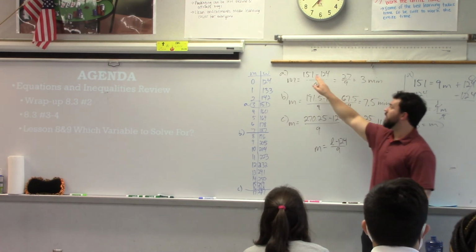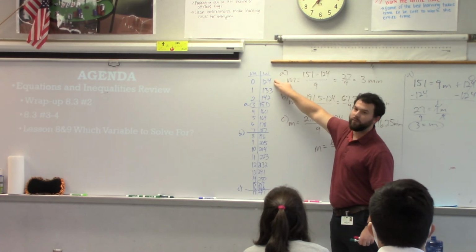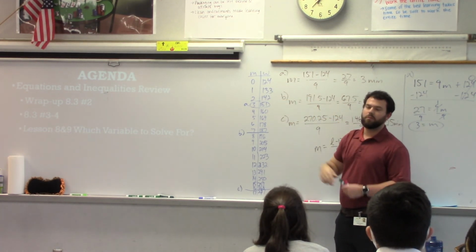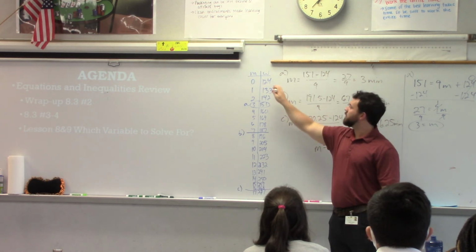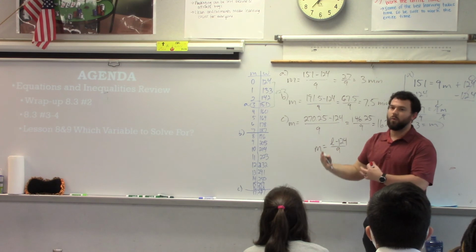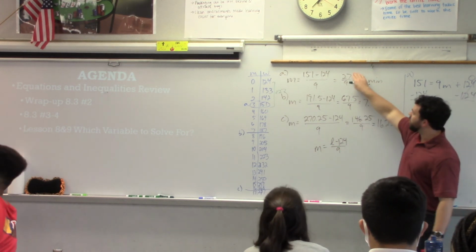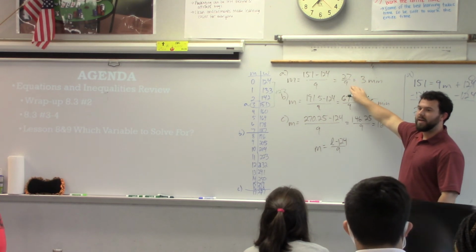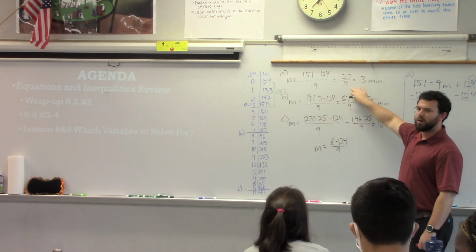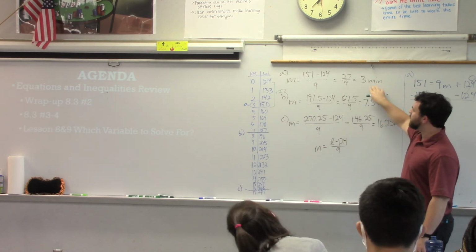Nope, what is just the 151 minus the 24? Here's the 151, we subtracted the 24, so what are we getting? Okay, but what is that 27? What about the water? That's the quantity of water that was added since the beginning, right? So they found out how much total water has been added, divided by 9, which was the water per minute, liters per minute, I believe, right? To find out in those 3 minutes.